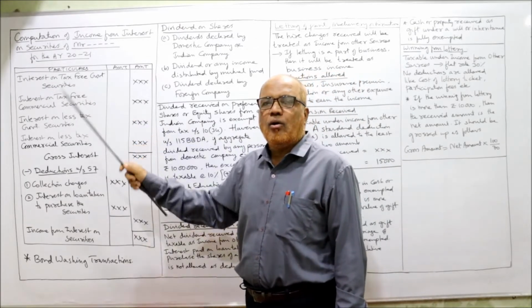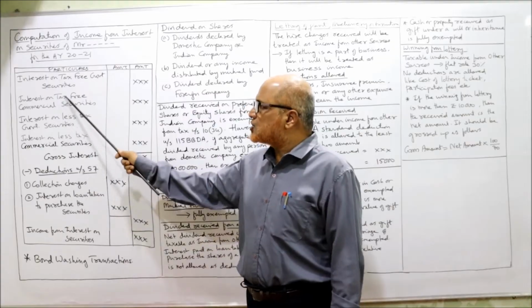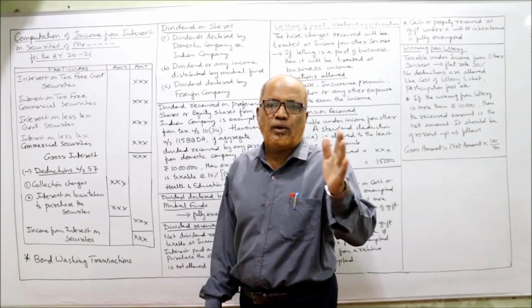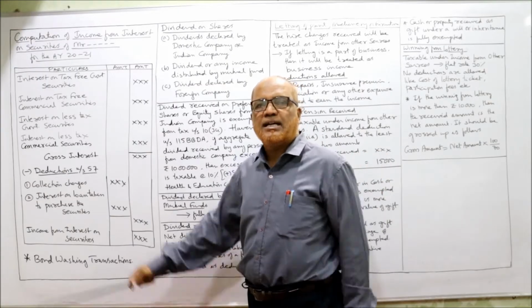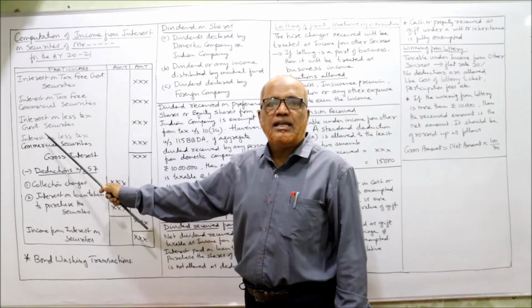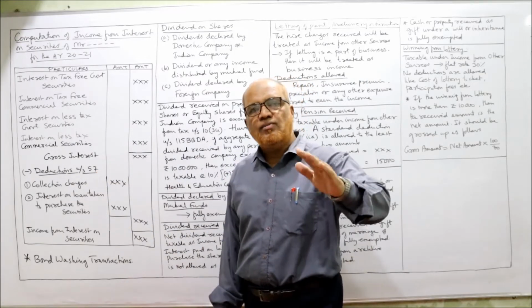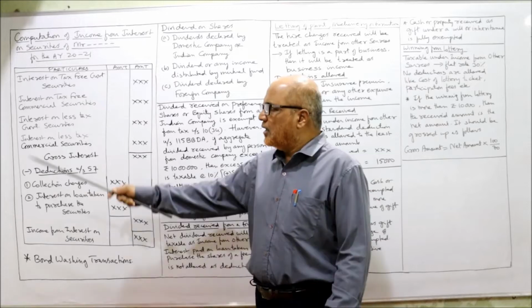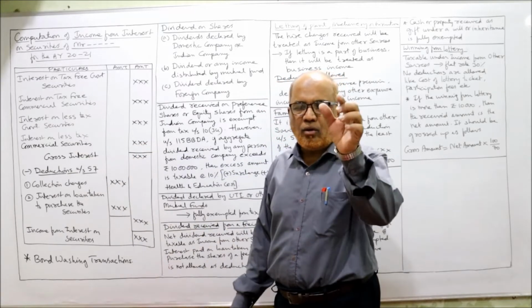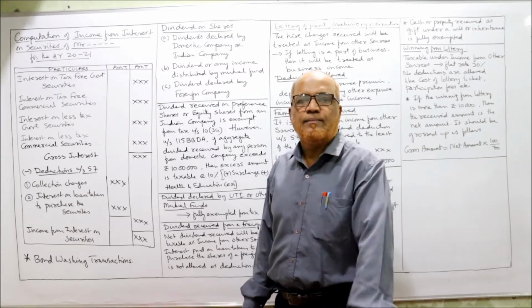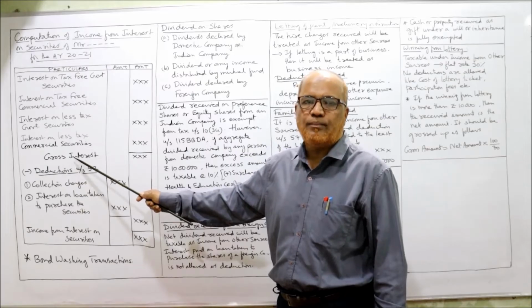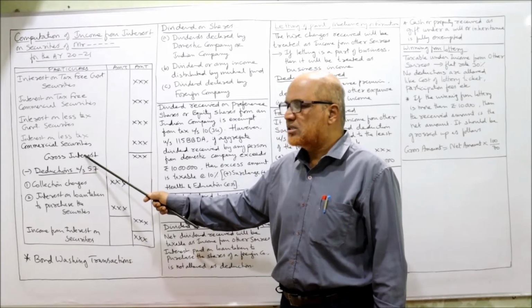Interest on tax-free government securities. Interest on tax-free commercial securities. We divide all the securities into government security and commercial security. So first we take tax-free: tax-free government security, tax-free commercial security, then less tax. Again under less tax we have government as well as commercial, so less tax government security and less tax commercial security. When we have taken all the gross interest of all the securities, we get the total gross income from interest on security.